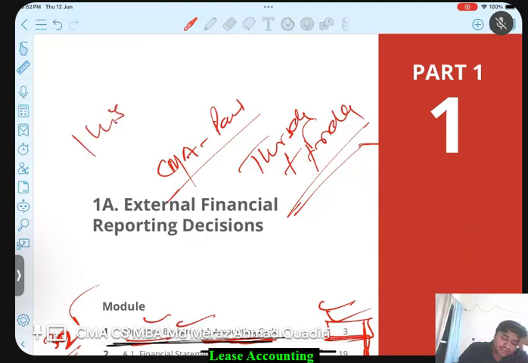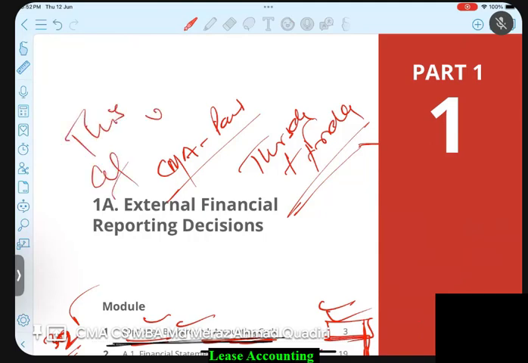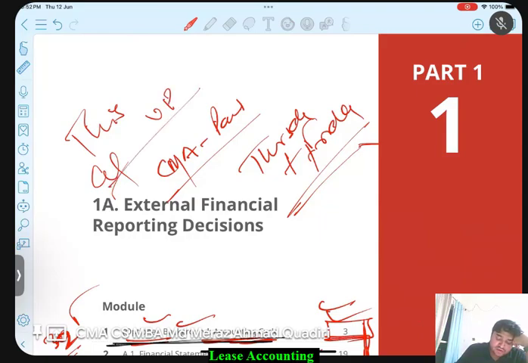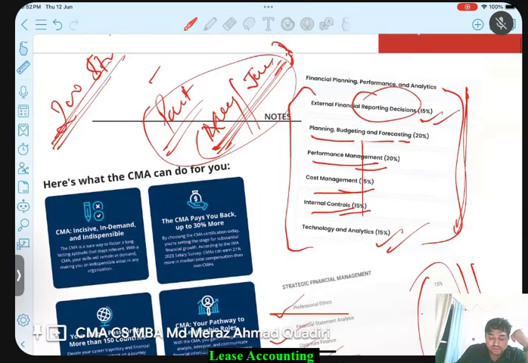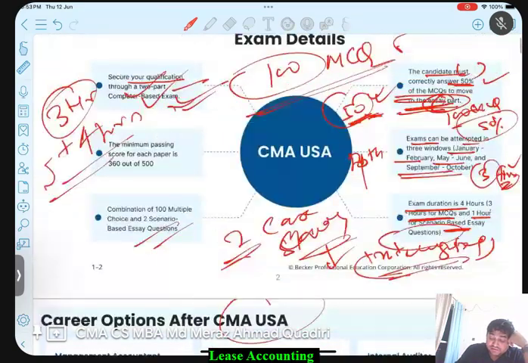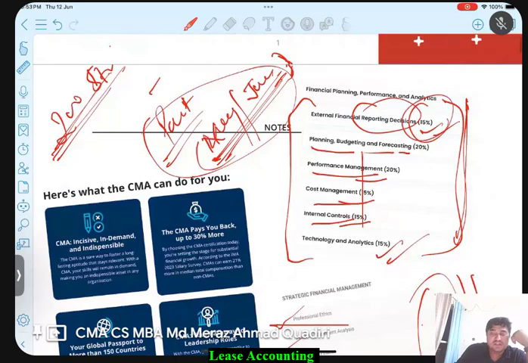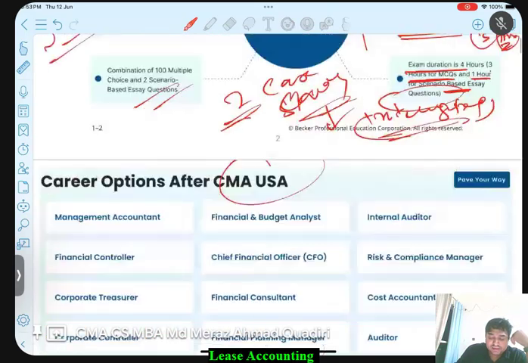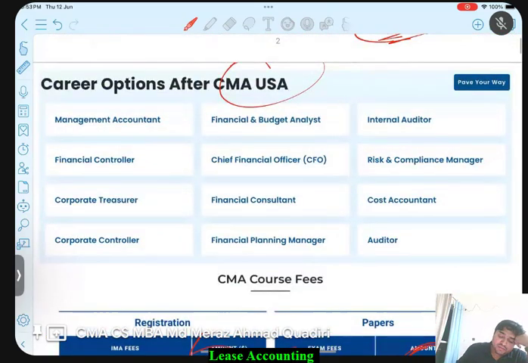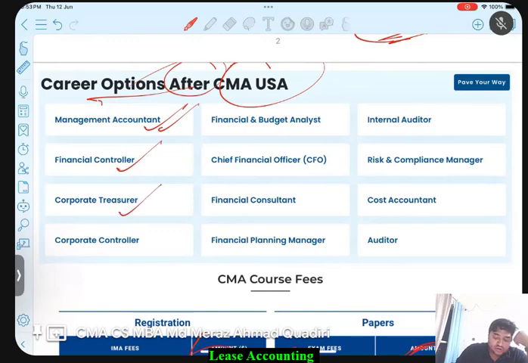This is the recap session for CMA US Part 1 Section A, in which we are going to cover financial reporting, which carries 15% of the marks from the CMA exam. The career opportunities for the CMA US are management accountant, finance controller, corporate treasurer, corporate controller,